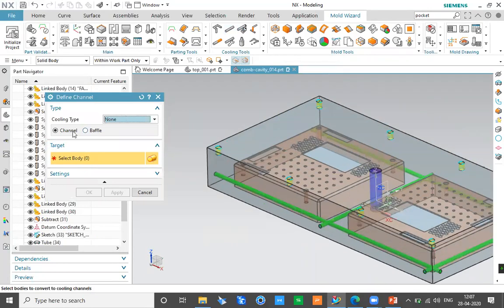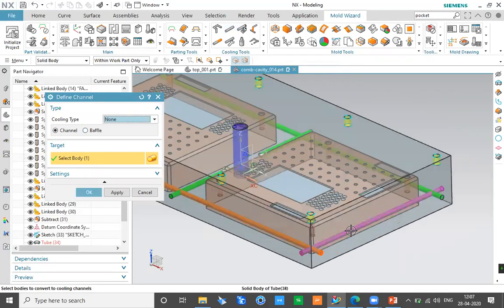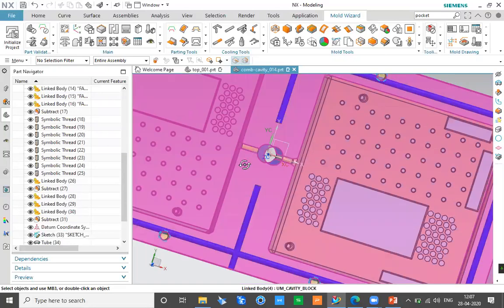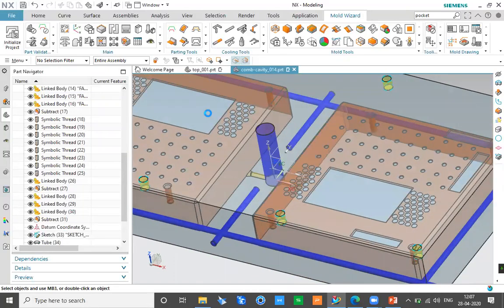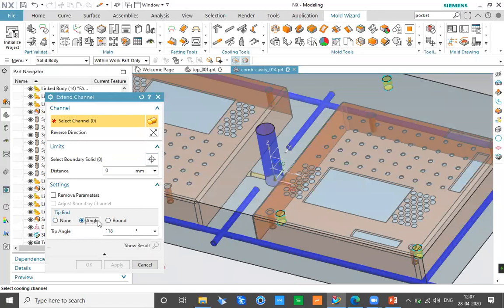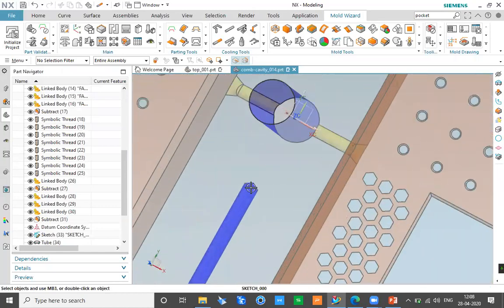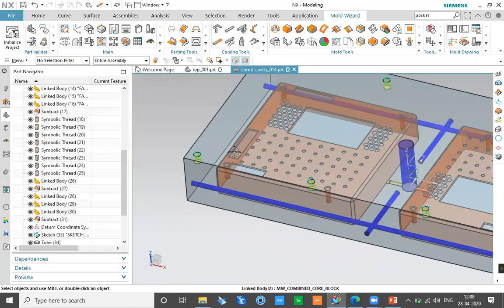Here I'm selecting, let's say I want to define this, this and this as my channel. Okay, and cooling type, let's say it is a water cooling channel. Let's say Apply, and you can see the color changed. And here the baffle, so let's say this one and this one is my baffle. Even the vertical one can be a baffle. Now here I don't want this kind of flat end. I want the end to be pointed, like a drilled end. So I'll select angle in extension, select these two objects, and now I have a pointed end on both the sides. Then I can also decide how the flow direction should be.